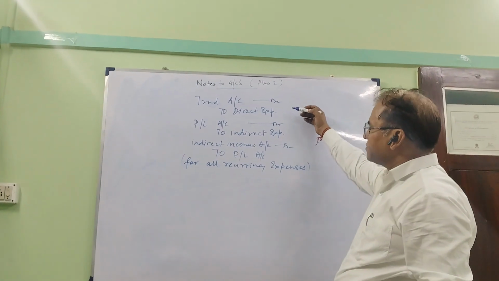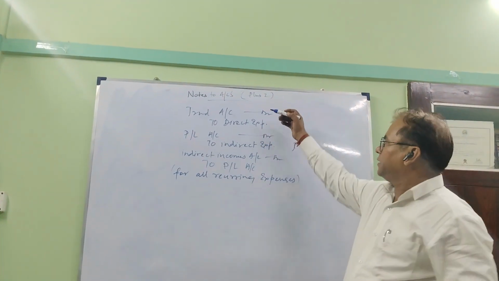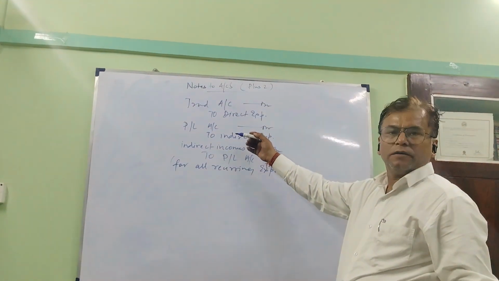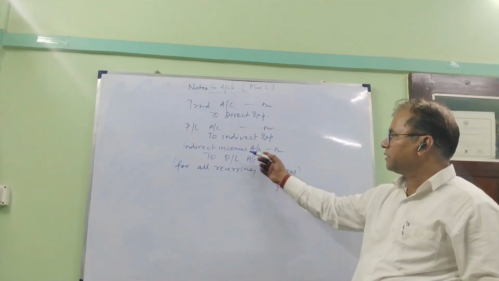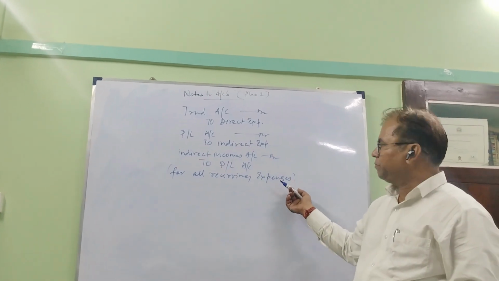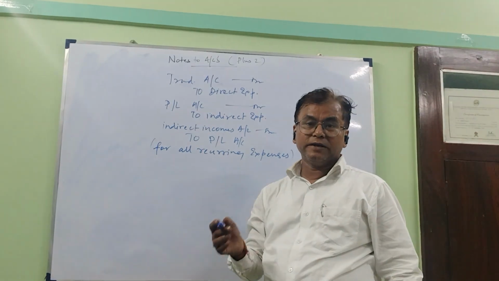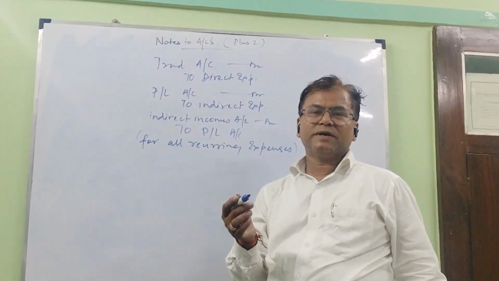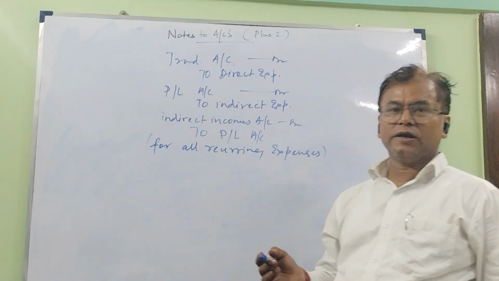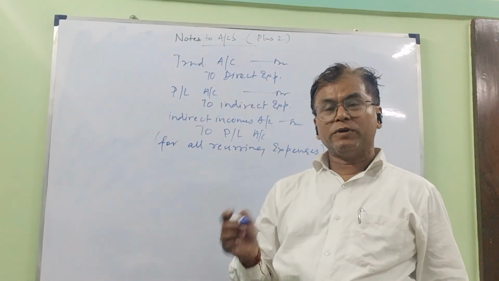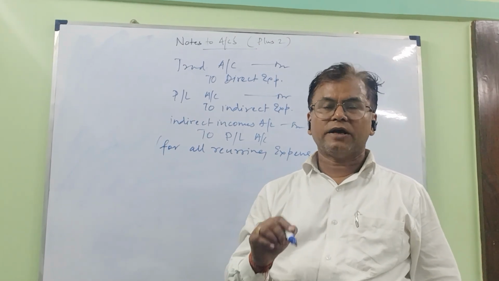So for recurring expenses, is the point clear? Trading to direct expenses and PL to indirect expenses, while indirect incomes should be transferred to PL. So these are generally for recurring expenses, but there are certain capital expenditures which create problems for class 12 students generally. Now those are to be written off, and written off within that year in which they